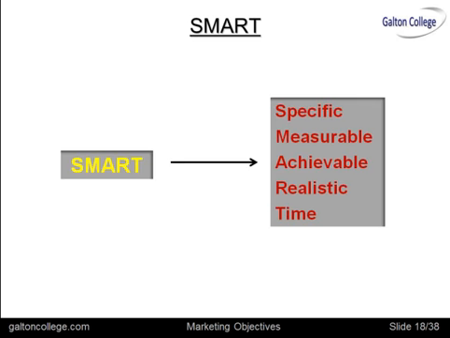Now, these are important in setting objectives because they do provide a framework. They do concentrate the mind of the planners. Setting out a marketing plan means there must be clear objectives, and the objectives set out in this framework are specific, people know what they are, and measurable because there's been a conscious effort to set objectives which can be identified and measured.